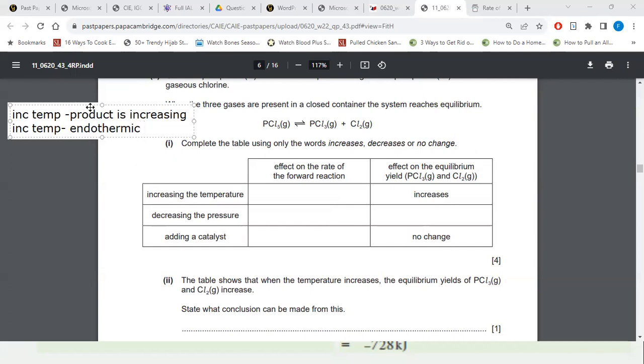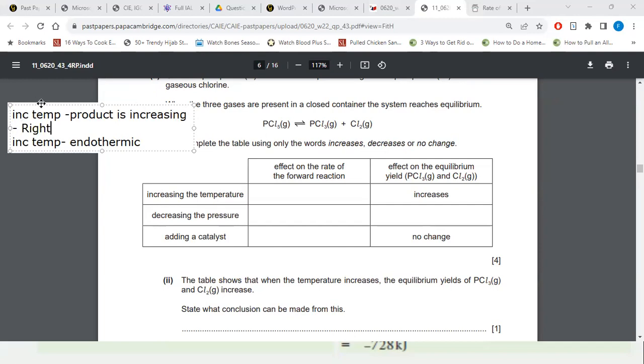Now, over here in the question, they're saying product is increasing. What side means more product? Does the right side mean more product or the left side mean more product? Right side, right? So that means when